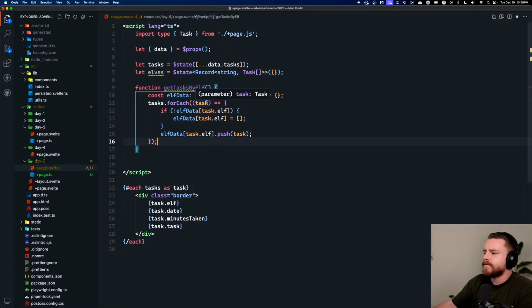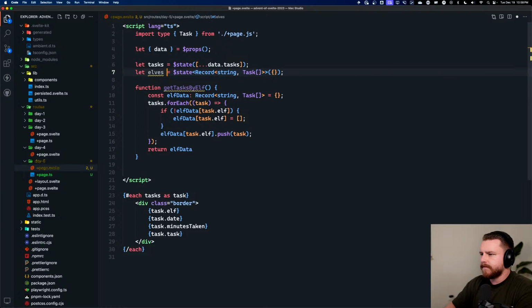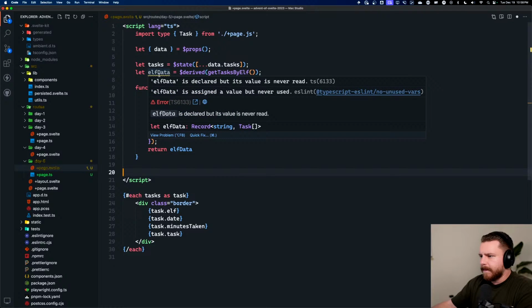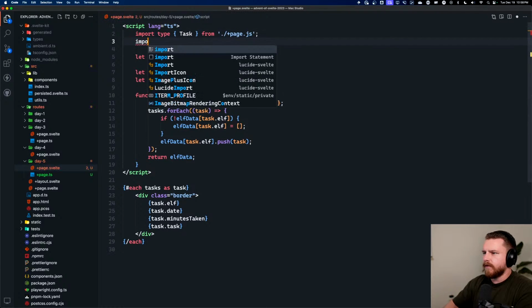Yeah, so here what we're doing is we're essentially setting the name of this object to whatever the elf is. If it doesn't exist already, we're going to set it to an empty array, and then push the tasks to this array for each one of those tasks for that specific elf. And we should be able to just return elf data. This will be a derived state, and we'll just say get task by elf. And then we have this record with string and task. And then I'm going to import